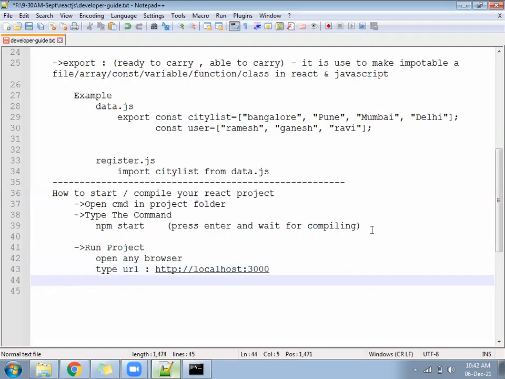This way you can compile and run your project in React.